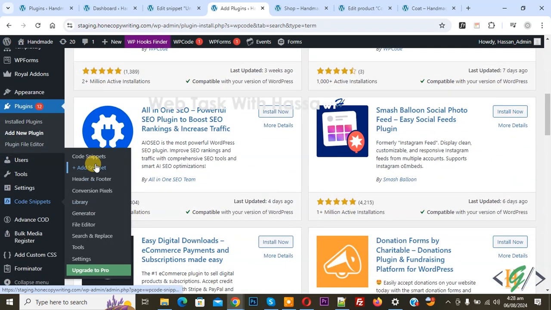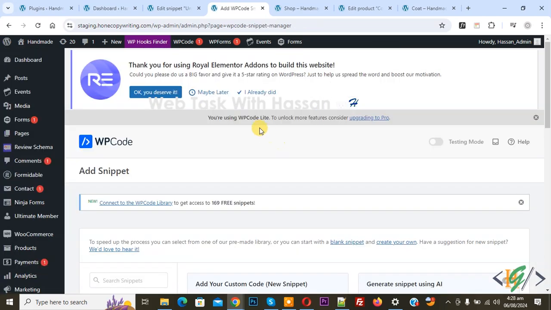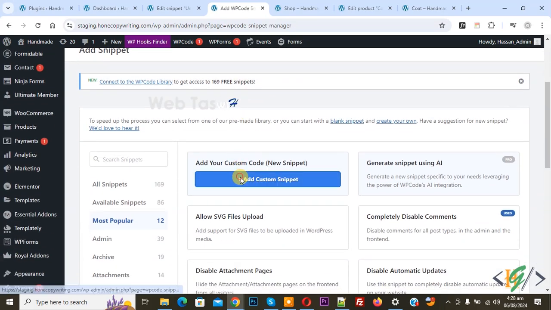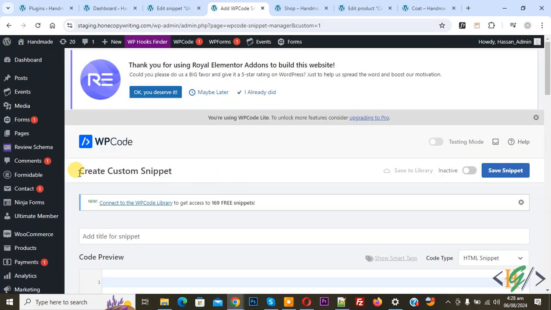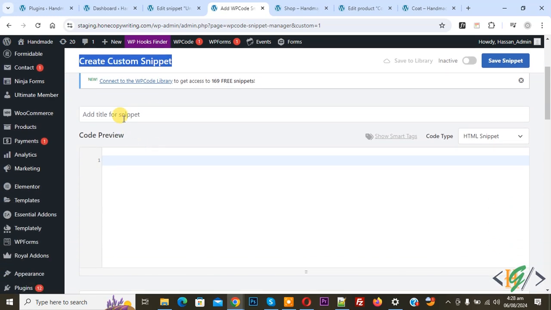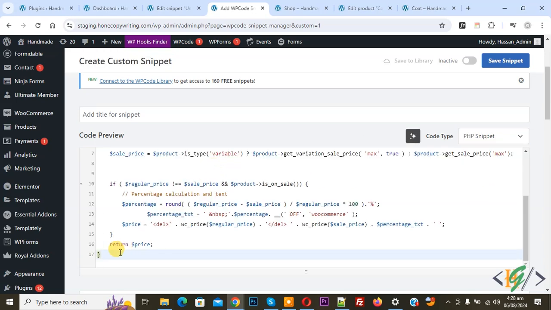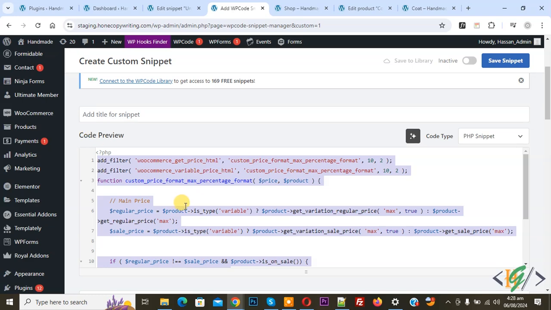then you see add snippet, so click on it and then you see add your custom code, so again click on it. Now create custom snippet section open and then you can add title here, then you see code preview. On right side you see code type, drop down select PHP snippet. Now we are going to paste code and you will find this code in video description or in comment section,